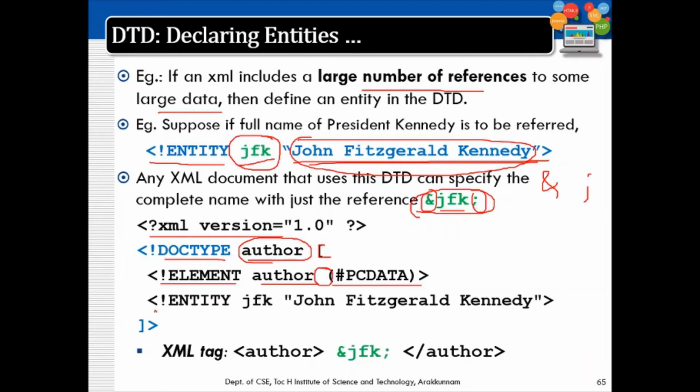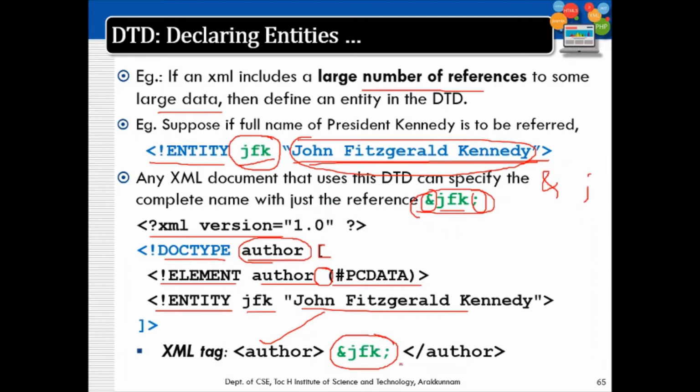Then I am defining an entity in the DTD called JFK, which shows the expanded name of John F. Kennedy, and this is how the XML looks. Author is the only tag there, and it contains some data. So I'm referencing this data as &JFK;.